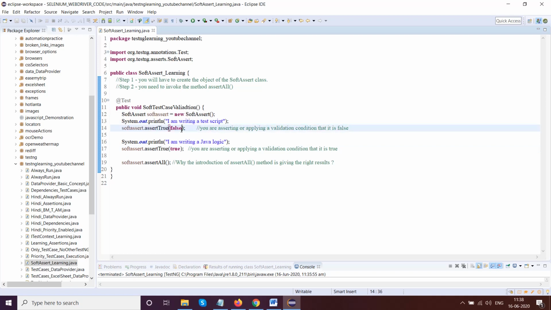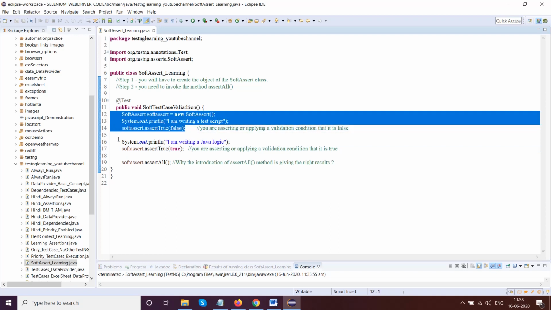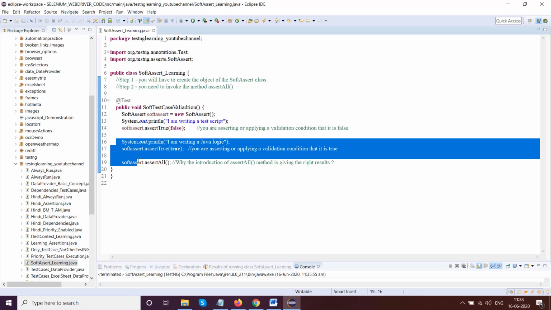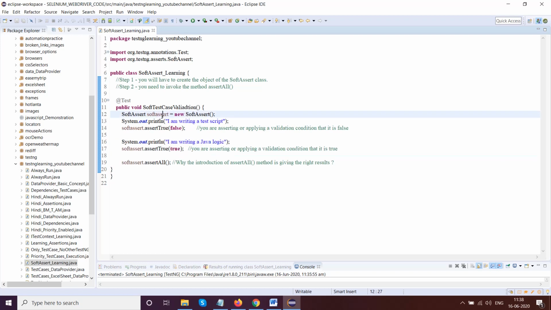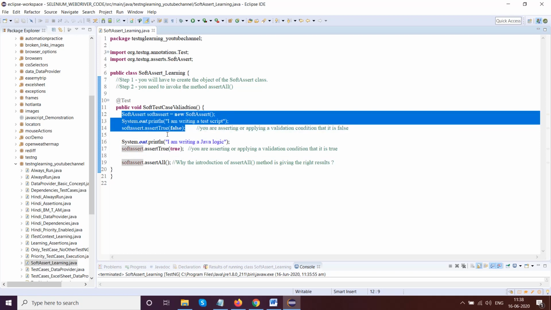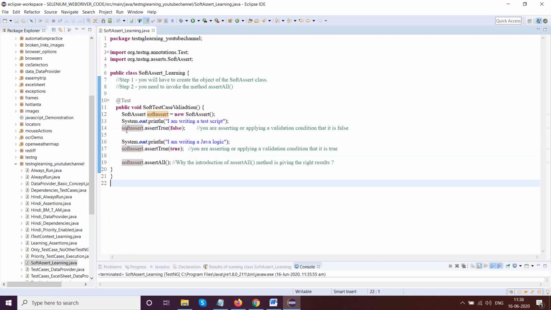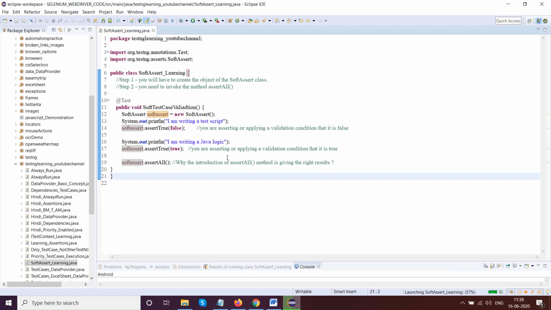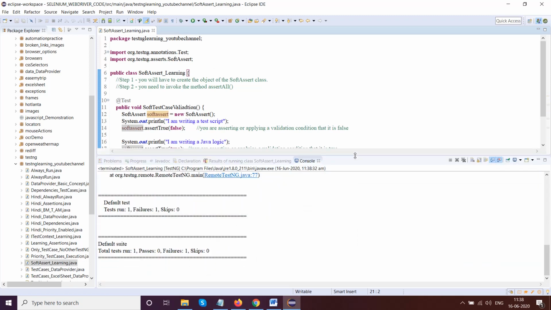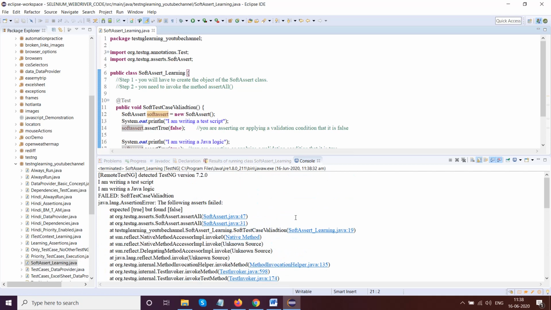The moment it finds that it is failing, hard assert will ignore the rest of the logic inside that test case and go to the next test case. But in terms of soft assert, it will execute the other logic as well. That is the beauty of soft assert versus hard assert. Let's go and run this. See, it is working fine.